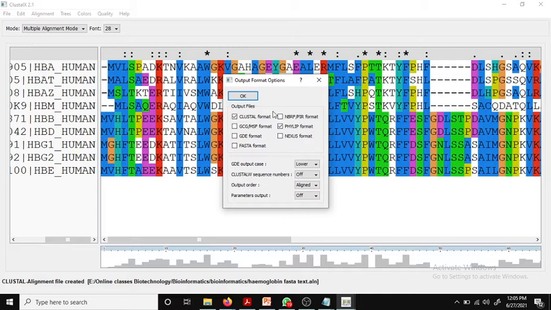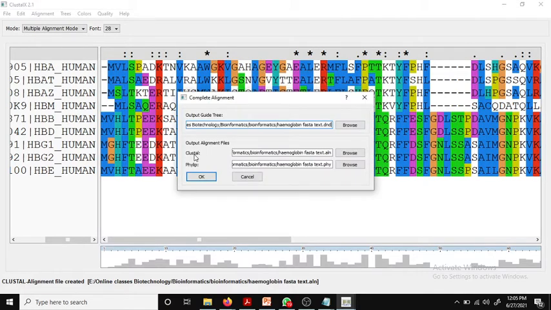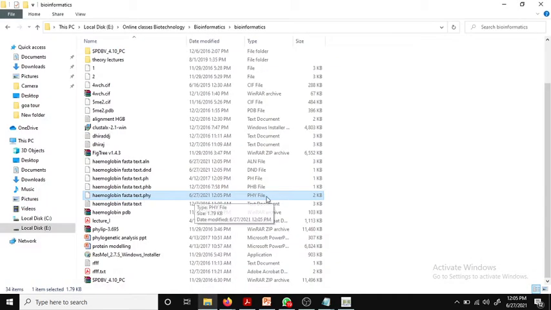Then press OK and do the complete alignment. Apart from Clustal, a .phy output file is also generated. I press OK, and my file is generated and saved here. The phy file is 2 KB.